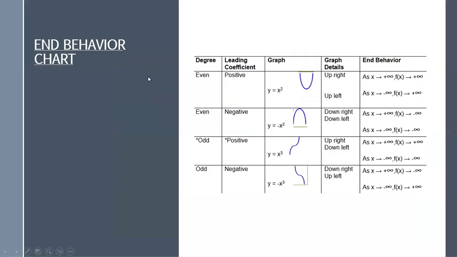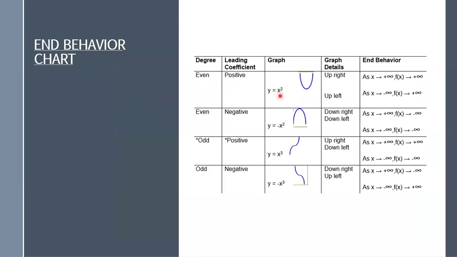So when you're looking to find and describe the end behavior of your functions, you can refer to the end behavior chart. There are four different scenarios you want to consider. For the first one, if the degree of your polynomial is even and the leading coefficient is a positive number,